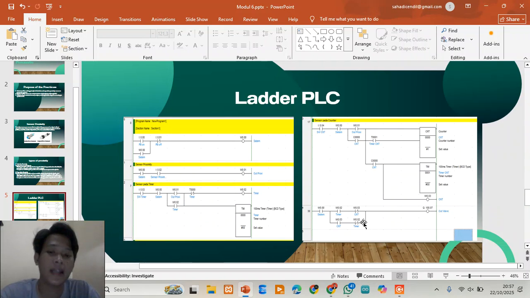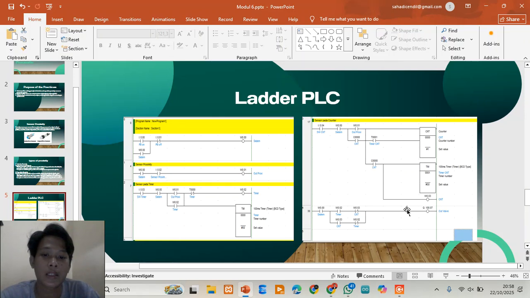When all three conditions are true, the coil of the Q output valve is energized.